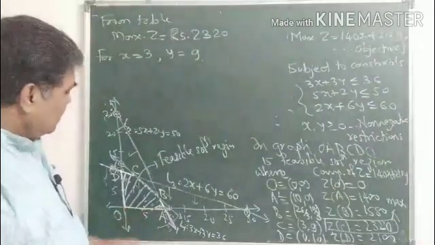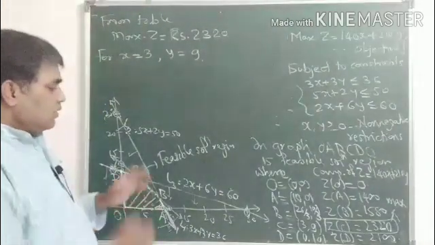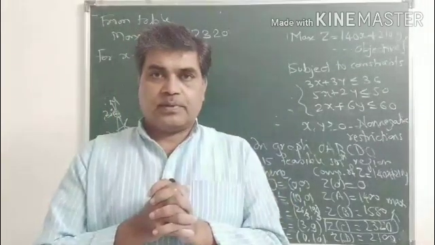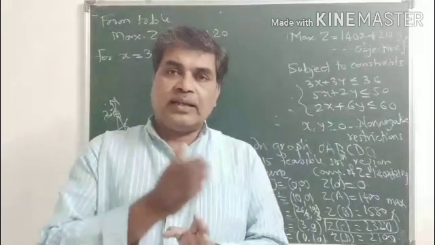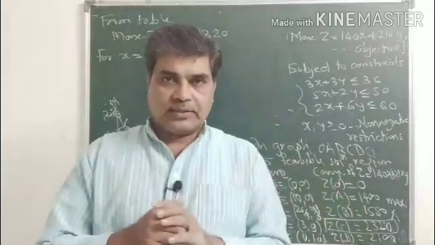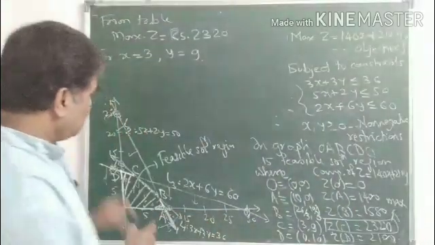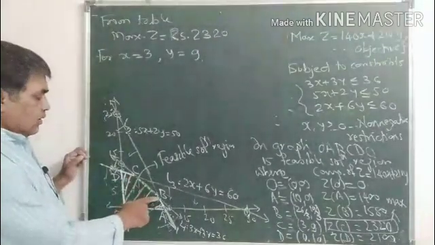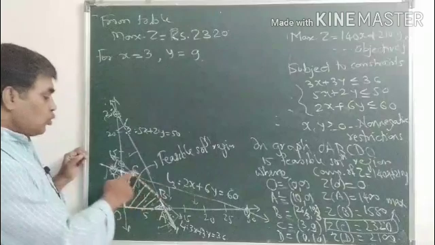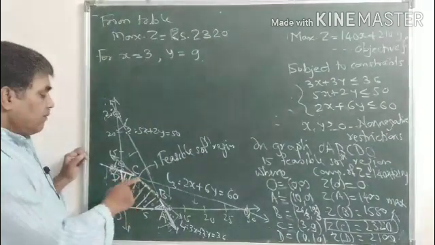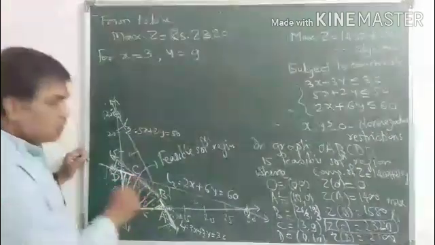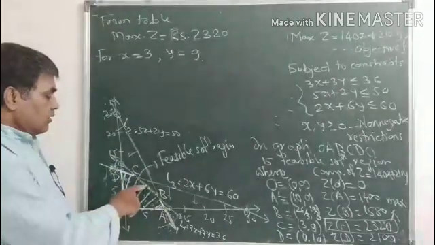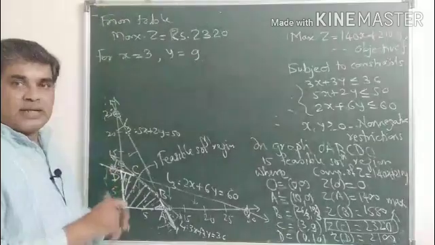It may happen that in some examples, the Z value is the same for two different points. The maximum of Z will be attained at two distinct points. Suppose that the maximum of Z is attained at B and C for this example. Then that problem has two solutions, as well as every point on this line segment gives us the same value of Z, and therefore that problem has infinitely many solutions.